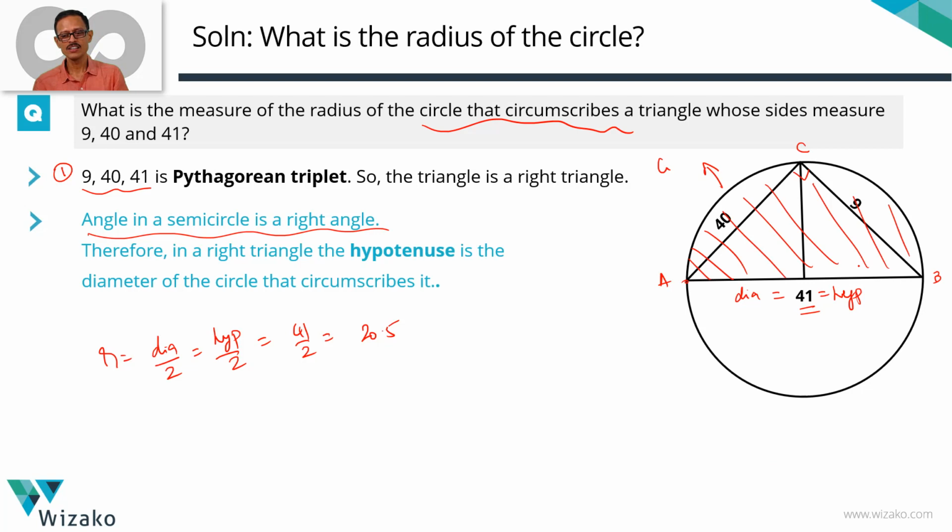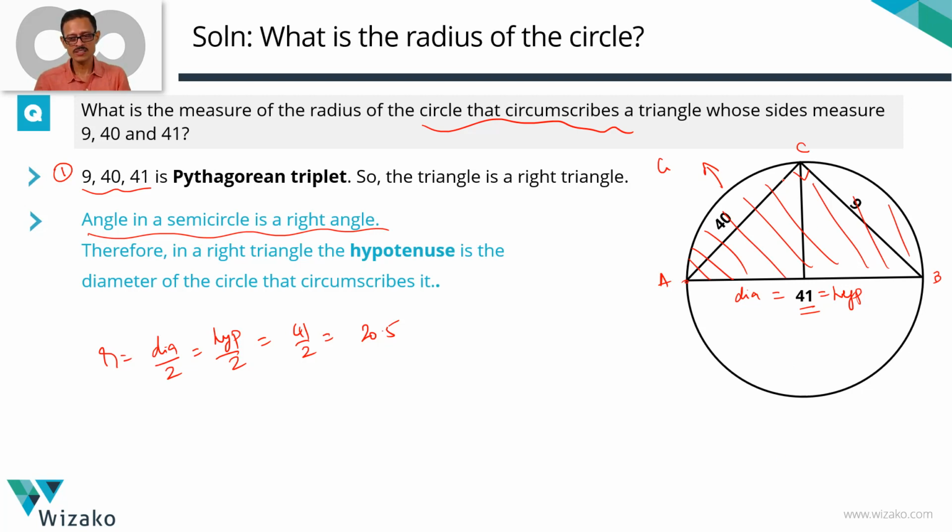The third deduction, to this circle, what is AB? To this circle, AB is the diameter. So diameter of the circle is 41. The fourth deduction is, what is the circle to this triangle? The three vertices of the triangle ACB lie on the circumference of the circle. So this is a circle that circumscribes a triangle.